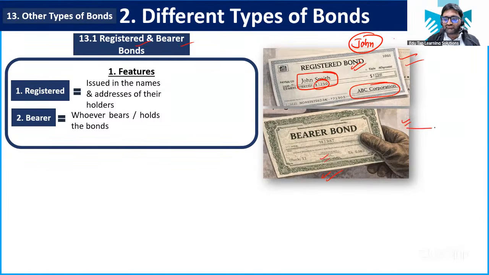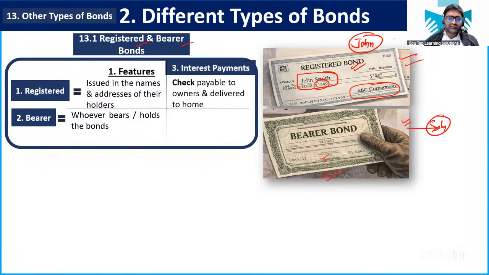John has given this bond to some Sally, and that Sally will actually get the benefit later on. There might be thieves also, right? This bond can be taken by them, so that theft is something that is prevented as far as a registered bond is concerned. But generally nowadays whoever holds the bond is going to get the benefit,